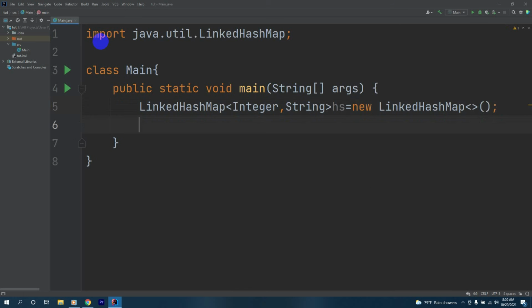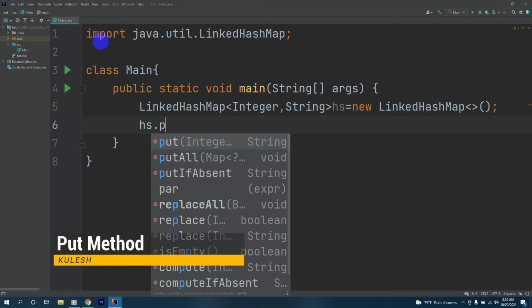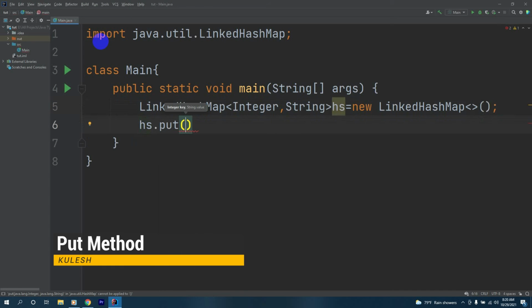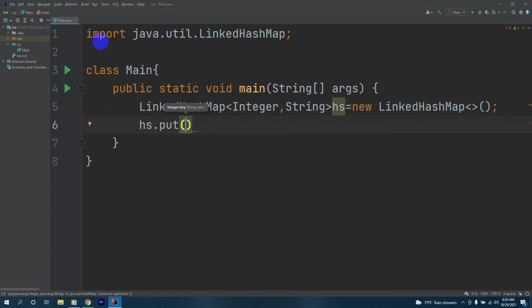Okay, and after that we'll add some values. hs.put, first we must give an id. We'll call this 11 and we'll have a string value for this.